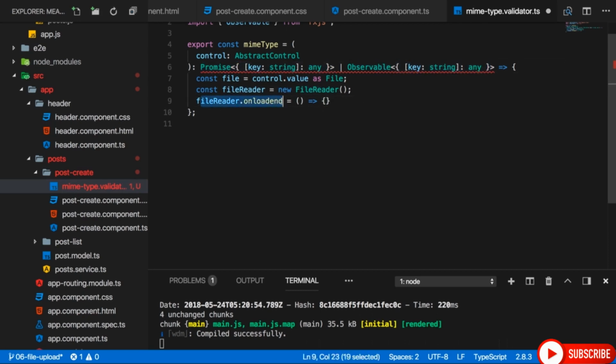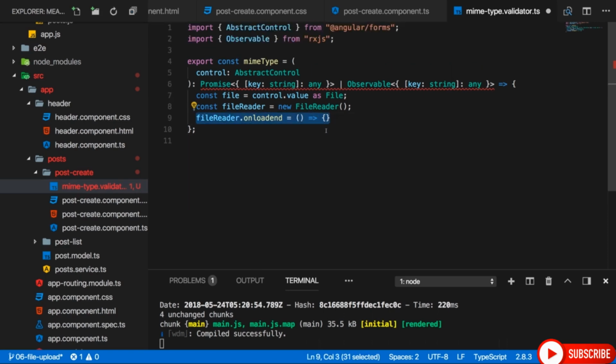Now this is neither. This is synchronous code which just registers a function. Thankfully, RxJS gives us something which allows us to convert this into an observable. We can simply create our own observable. To do that, I will create a new constant and I'll name it